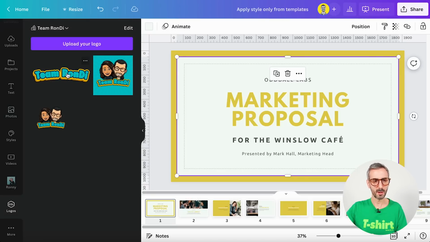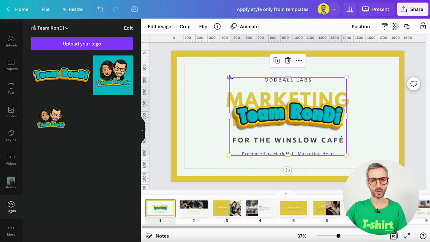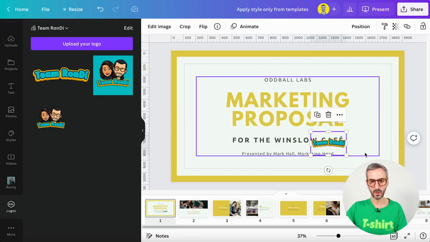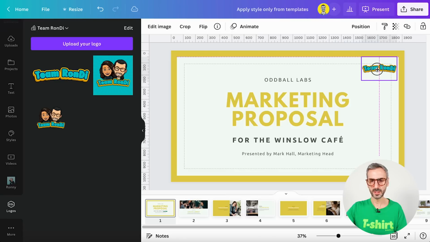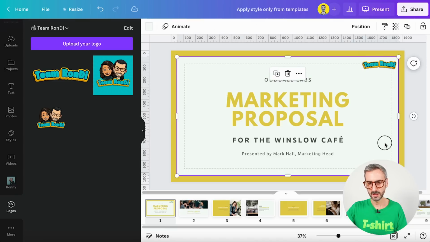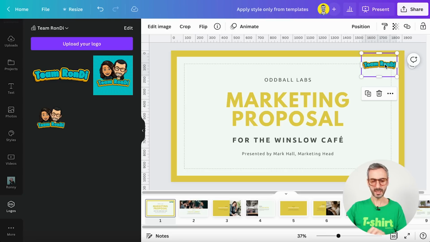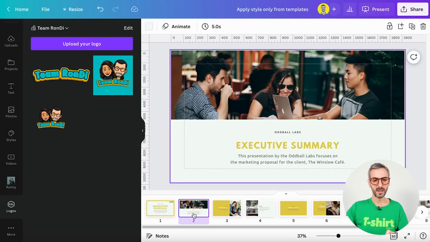So let's grab this Team Rondi logo right here. I'm gonna make that smaller, about this size. I'm going to position it exactly where I want it. Let's say something like this. Let me see, is that well positioned? Yes. So what I'm going to do is to select it, Command C, I'm copying the element, and now I